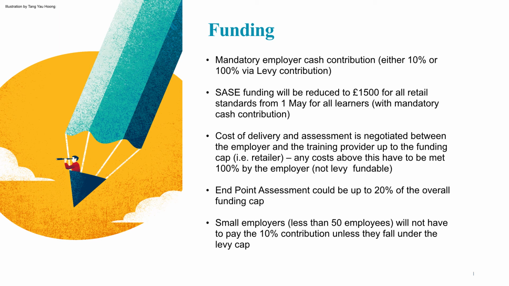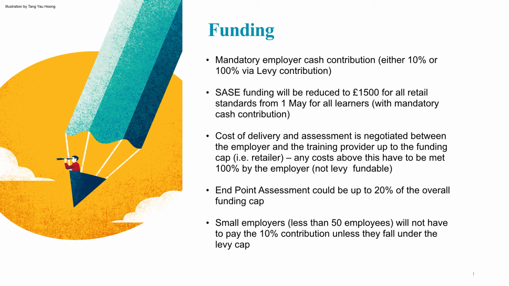And there will be some that possibly fall into that scenario, but not necessarily within the retail sector. If an employer has a relatively small levy pot, and potentially with the amount of apprentices they take on could spend that levy pot and go over and above the levy pot, then funding will still be available to those employers on the co-funded rate. So they will be expected to make a 10% cash contribution to those apprentice starts, and the government will fund the remaining 90%. And once an apprentice starts on a set funding scheme, either levy or co-contribution, then they will stay on that scheme for the duration of their apprenticeship.